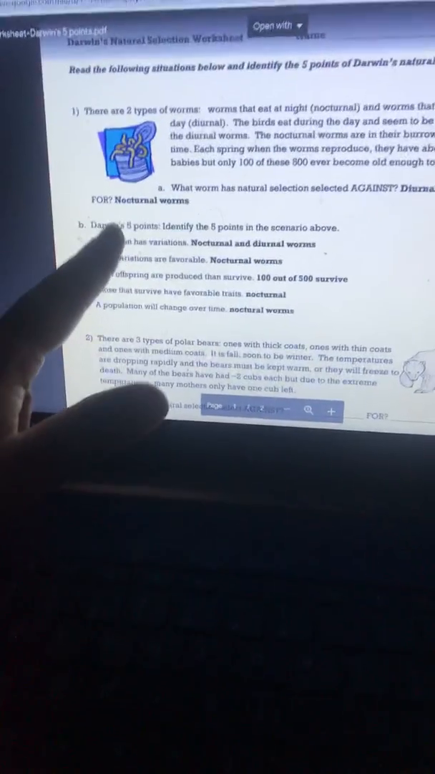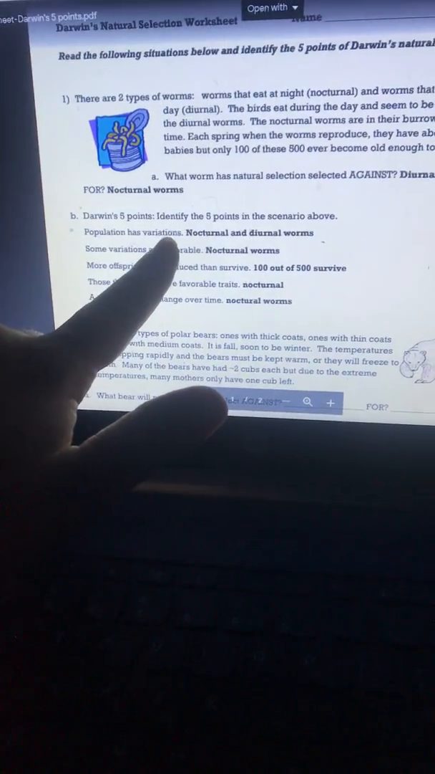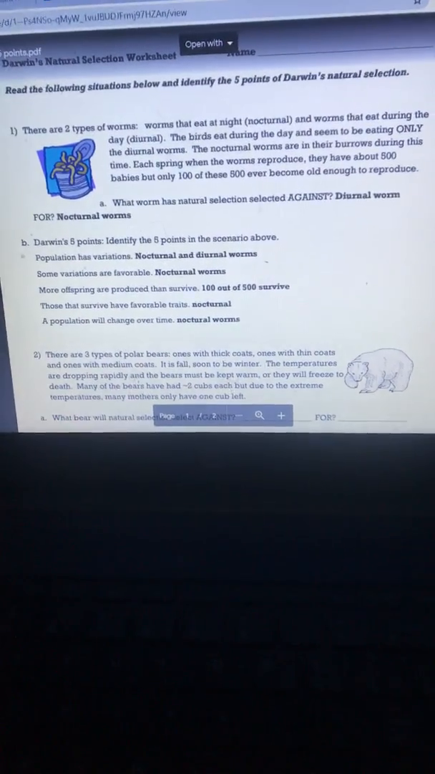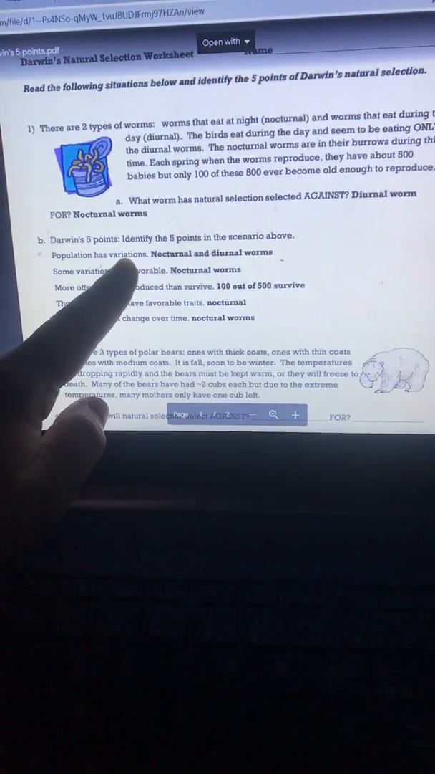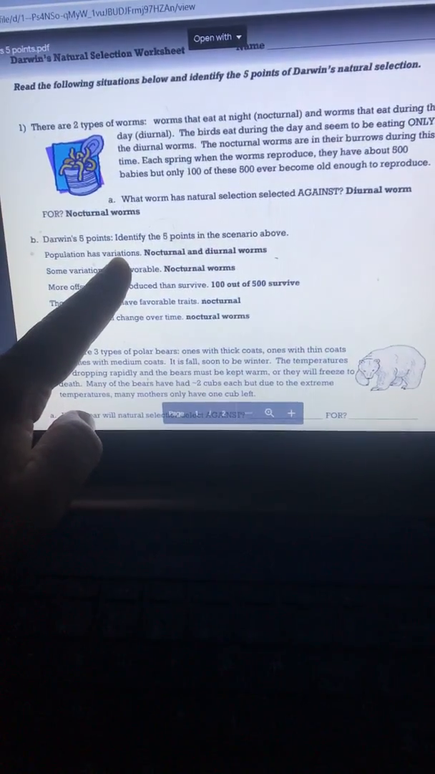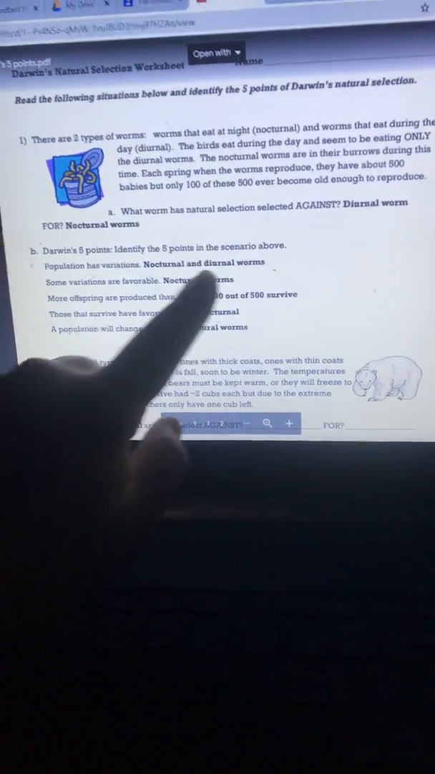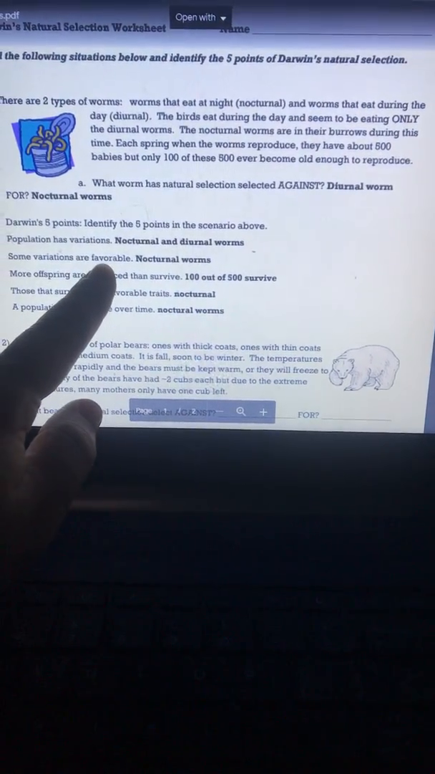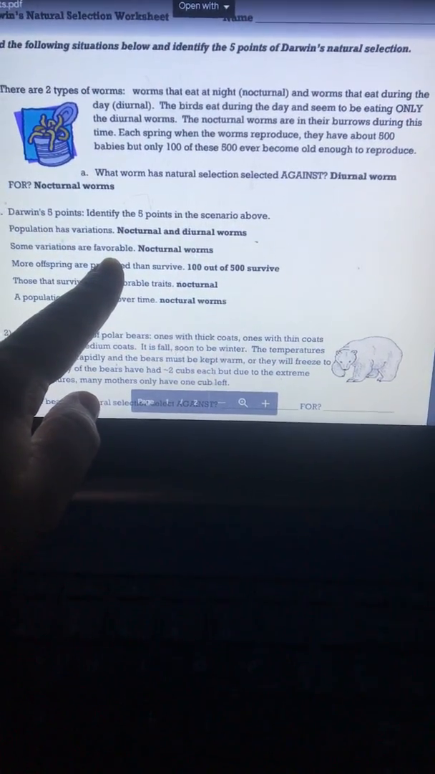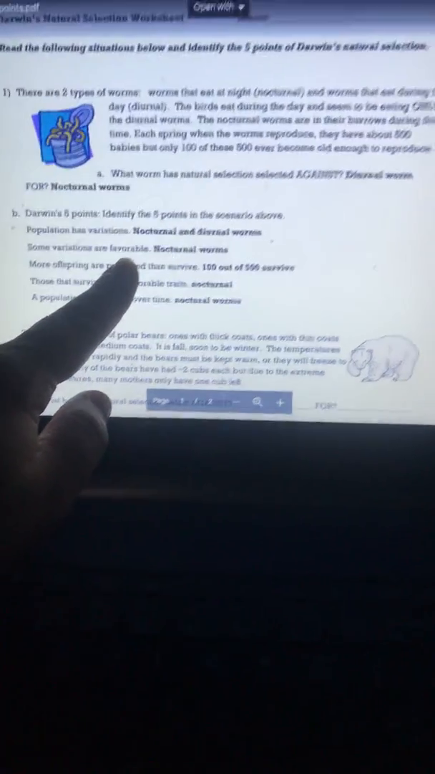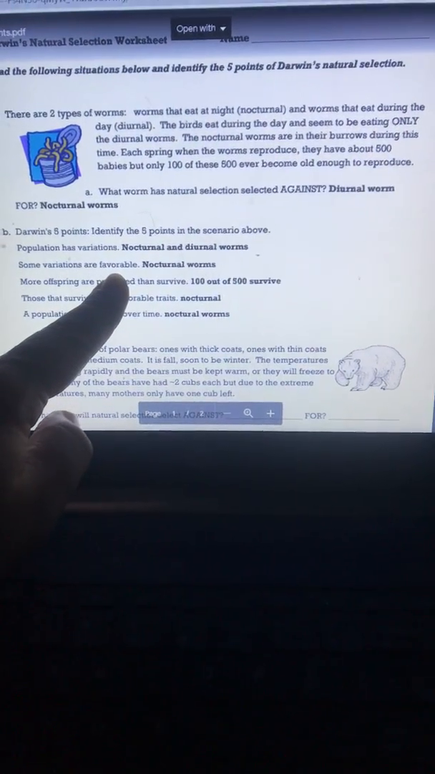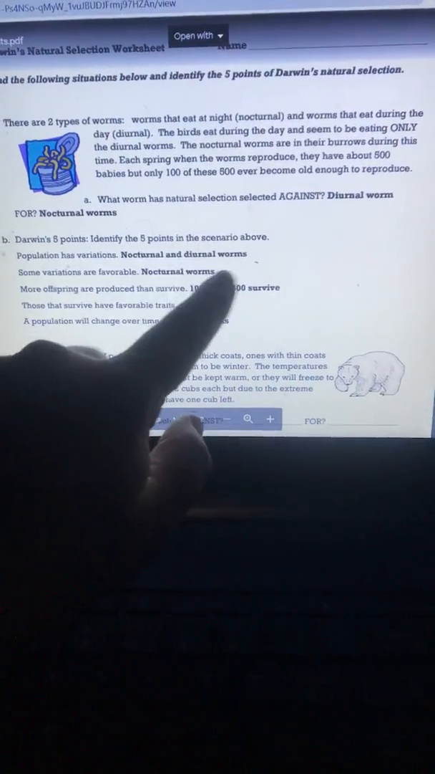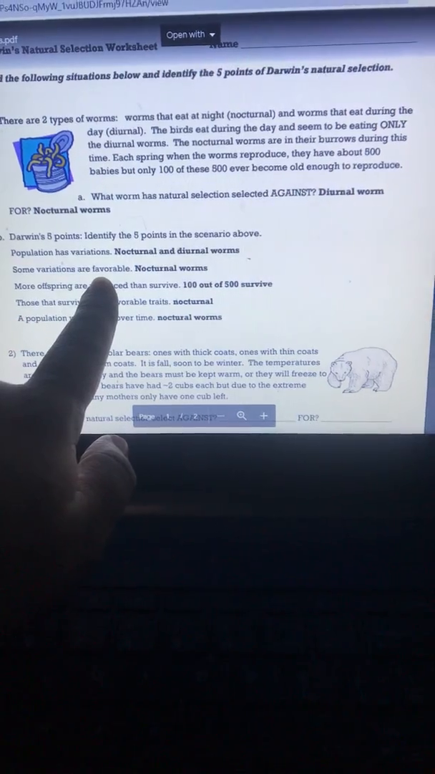All right, so population has variation. So what population are we talking about? We're talking about a group of worms. There's variation in these groups, meaning there's differences. What's the difference? We have worms that stay up at night and worms that are up during the day. Okay, so some variations are favorable, meaning favorable if you have a favorite teacher, hint, hint, then that's the one that you like, right? So what variety is favored, is the favorite,